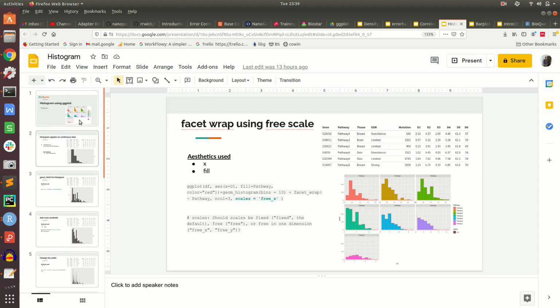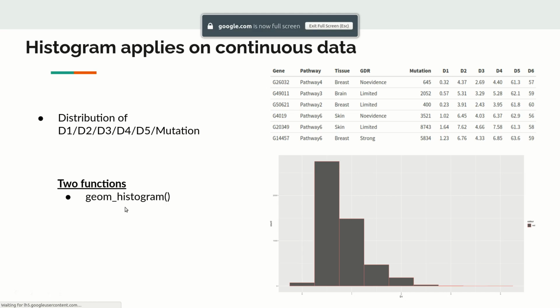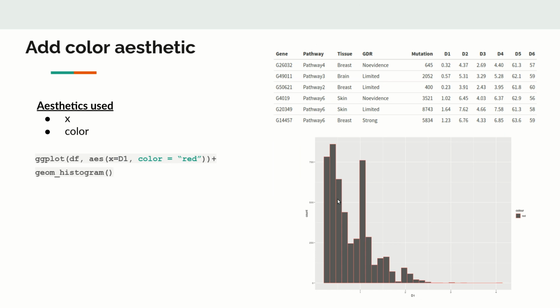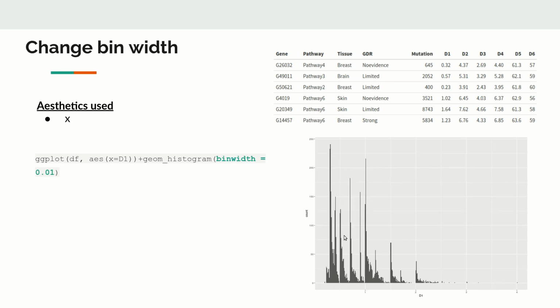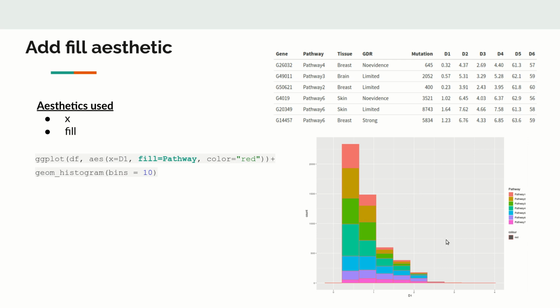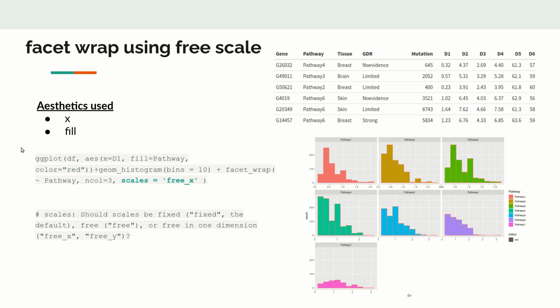So what we have seen so far: first we saw the histogram, then giving the color to the border, then changing the bin width, then changing the orientation, then the stacked histogram, then using facet wrap to split them into different facets, then using free scales so that each of these will be on different scales.